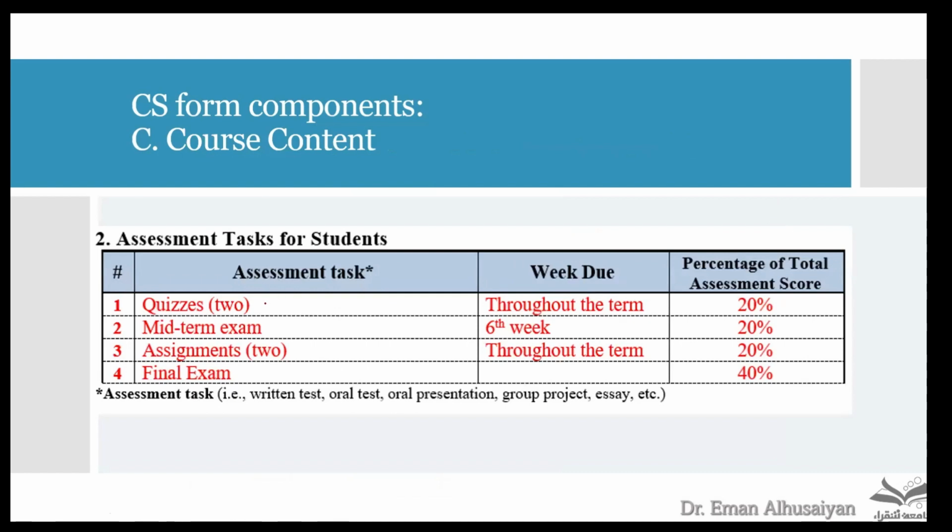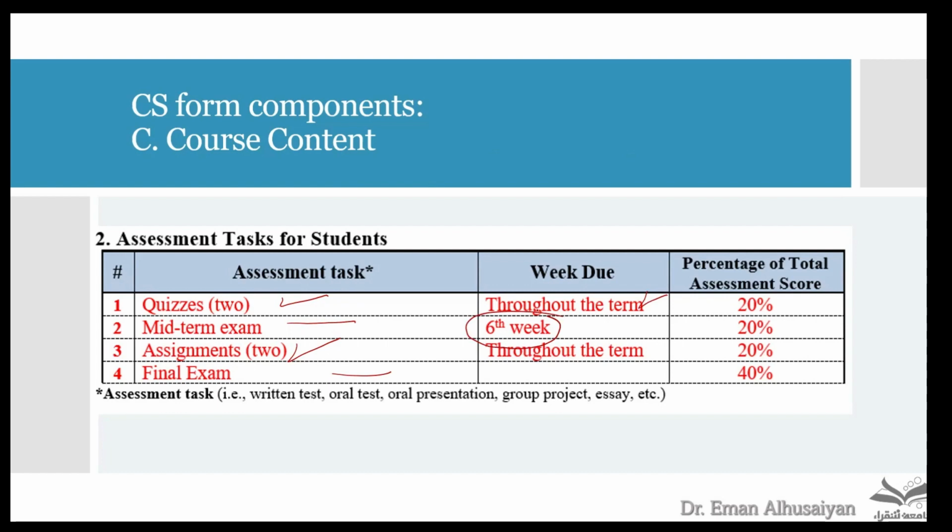For example, I have 2 quizzes, and because it's for the quizzes specifically and for the assignments, it's not always easy to decide, it depends on the course of the semester. Maybe it's safe to say just throughout the term or the semester, and you will decide throughout the semester in agreement with your students. But the midterm exam and the final exam should be clearly, explicitly decided prior to